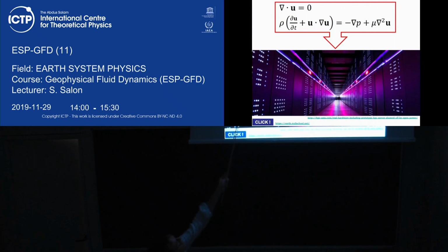Because what do we do? Actually, we put in our Navier-Stokes equations. You remember this? You already saw it in the Farnetti course. So we have the continuity equation and the momentum equation. We put this in and we let a very big system like this run. This is a Chinese supercomputer, and we hope that this machine will give us very good prediction, like weather forecast or projection for the climate.